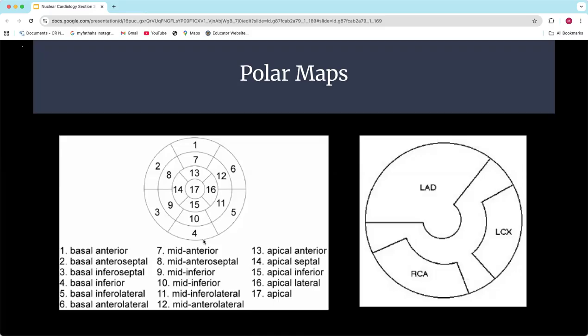The other polar map you might see is, instead of being based on segmentation, based on the coronary arteries. You'll have a map that shows LAD, circ, and RCA, and then sections that could be a mix between the two. So if I bring up a defect on this anterior to septal side, that's going to be an LAD defect. Same thing with RCA. So this shows you where that's located. When you look at your pictures, that's where you should expect defects based on those arteries to be located.